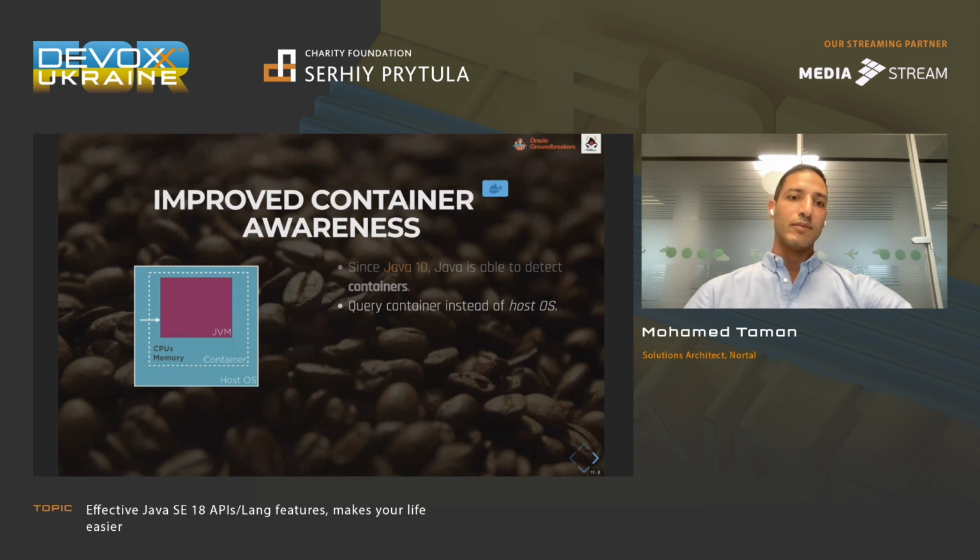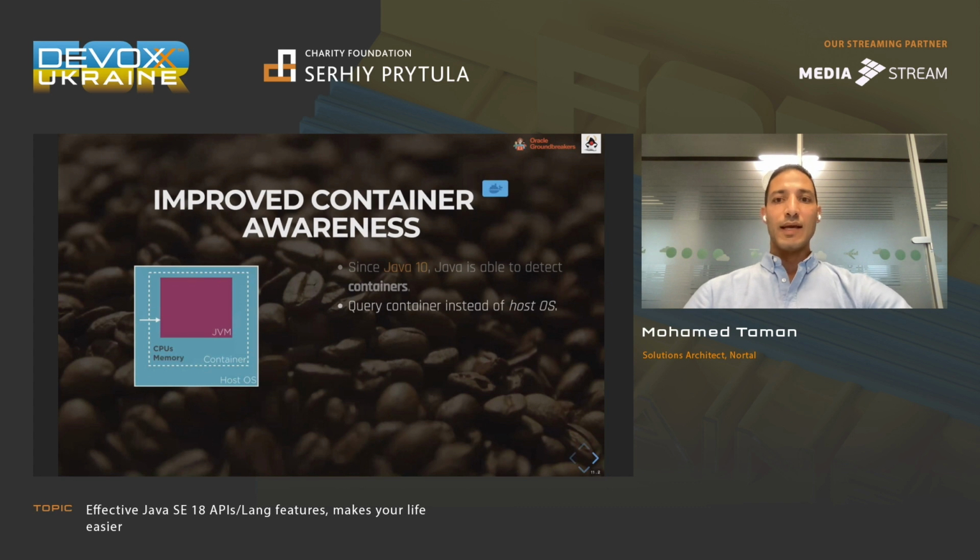This is very important because previously, if you were running a Java application inside a container, which is a Docker container, and you asked about memory or CPU, the query went to the host, and the host is more capable than the normal container that is running, even if it has limited capacity. This makes your application run out of memory or get stuck, because it says, yeah, I have more memory, I can grow, then it gets stuck with out of memory, because physically I don't have it. But theoretically, I get the query that I have.